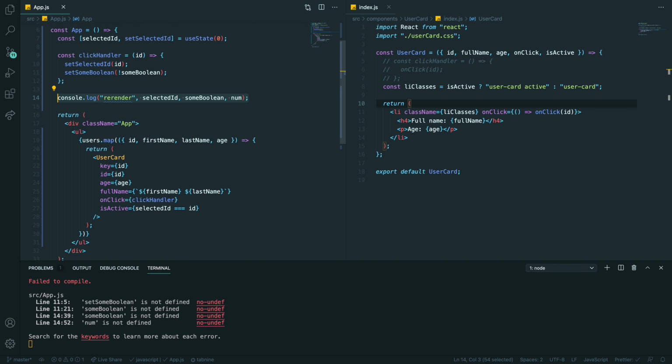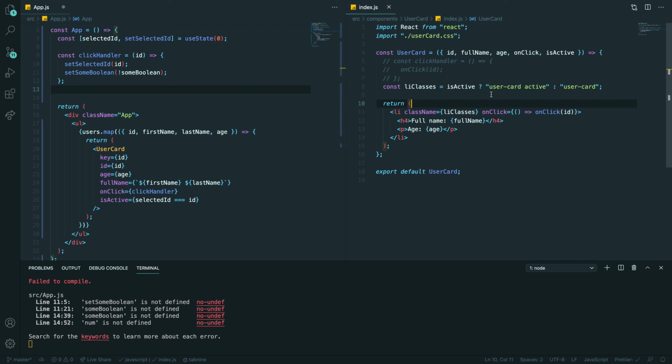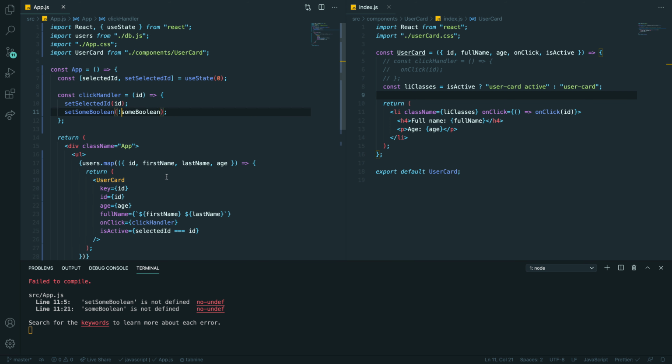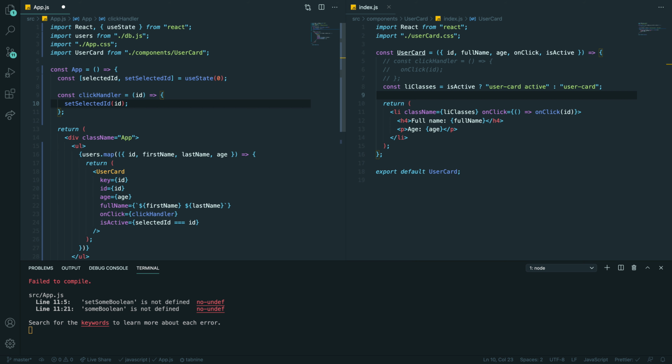Sorry, can you repeat again? So if isActive, then you have, what's the first, the user card active? Okay, you just want to console log the user card active if it's active and user card if it's not. Not console log, I just want to have two classes if it's active, or one class. Sorry, yeah. So we're toggling classes basically. Yeah, I got it. And sorry, again on app.js on line 7, why are we using useState 0? This is a default one. Yeah, you can have 5, I don't mind. Yeah, okay, got it.